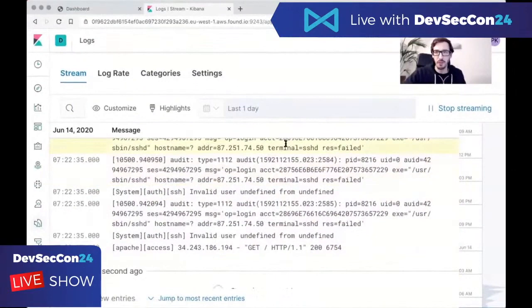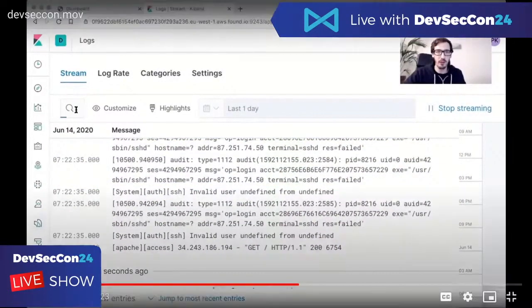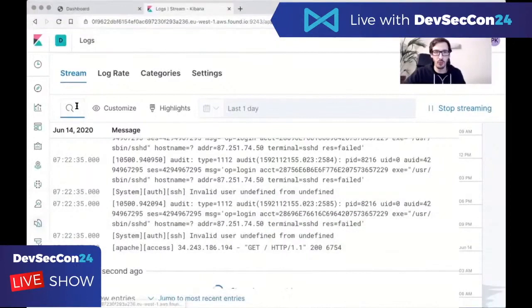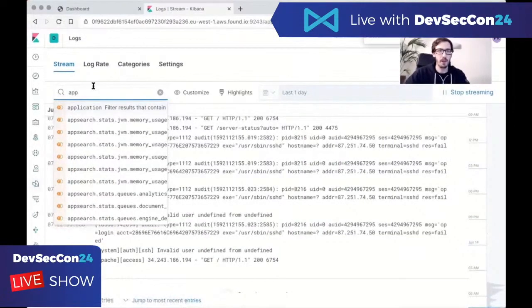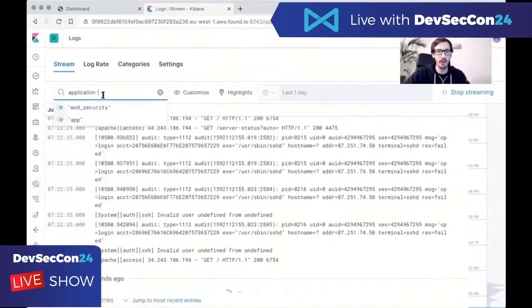But let's actually filter down to the application that we're interested in here. So what I want to have here is application, and let me change my zoom level again. This is easier. So this will suggest all the fields that are available. So here I have application, and then I can just say equals, and then it will even suggest which values are available for this application field. And app is exactly what we had in here. So when I filter down on that,